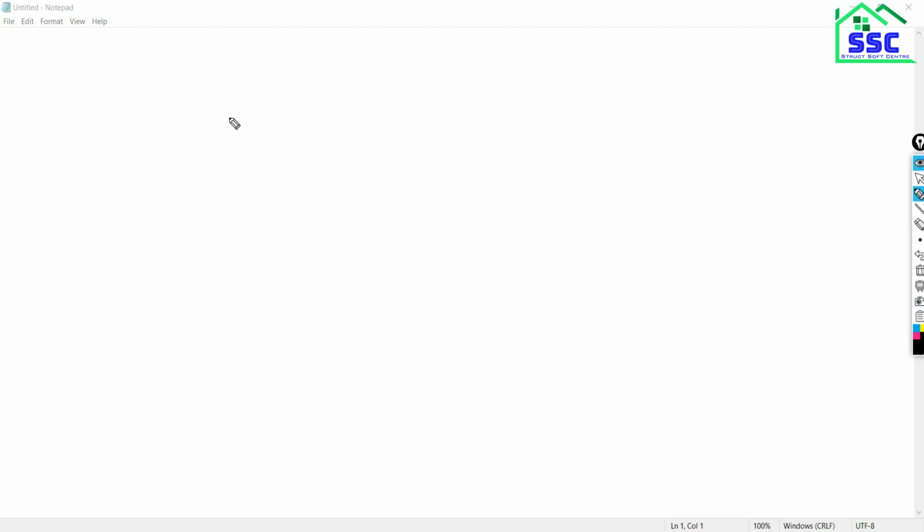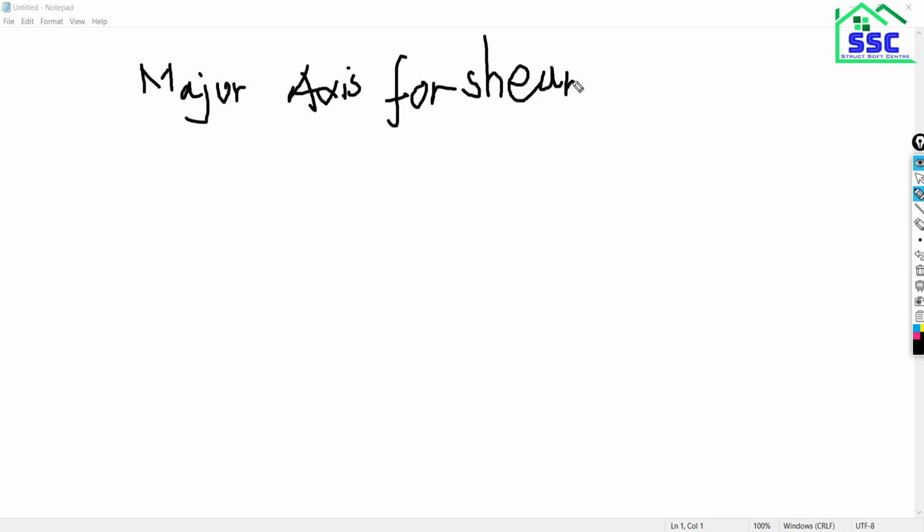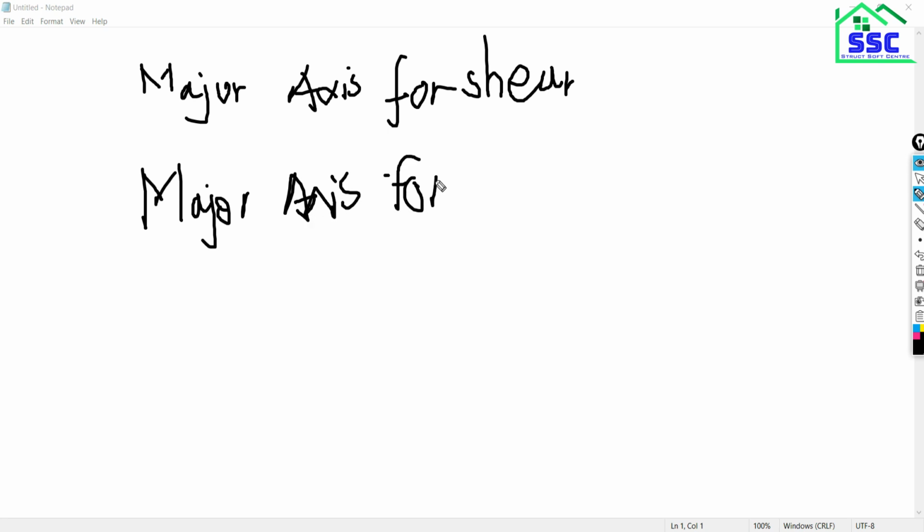Again I am trying to show you: major axis for shear and major axis for moment. The major axis for shear is 2-2 and the major axis for moment is actually 3-3.